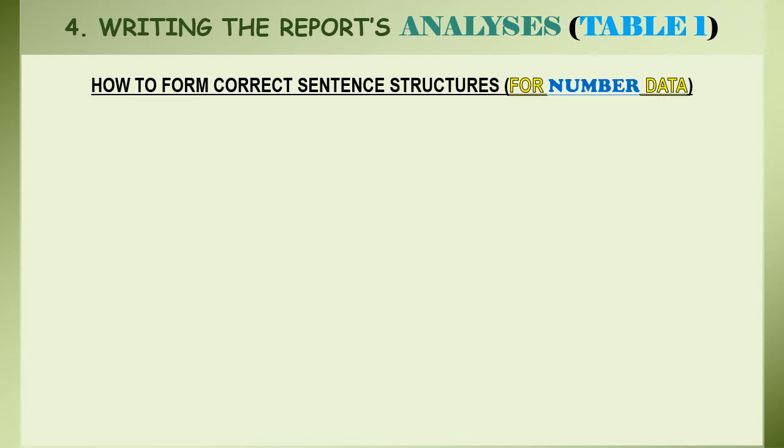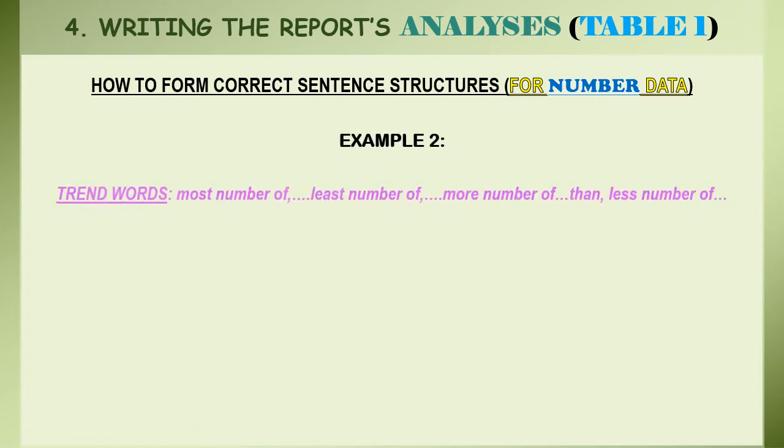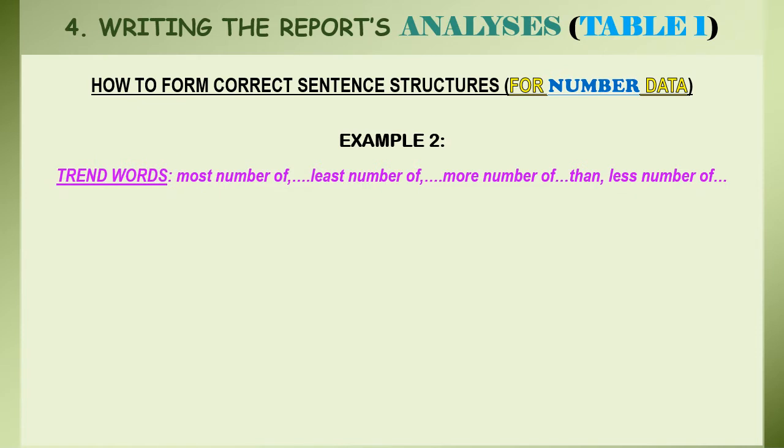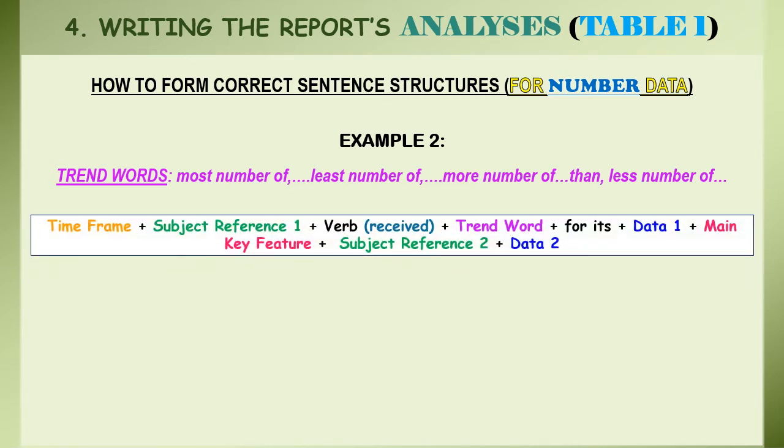Now, in Table 1, there is also some number data which can be analysed. We can use the trend words most number of, least number of, more number of, than, less number of, than. Now, in the sentence structure you can see, we will start the analysis with time frame, subject reference 1, the verb received, trend word, the word or the phrase for its data number 1, main key feature, subject reference 2, and